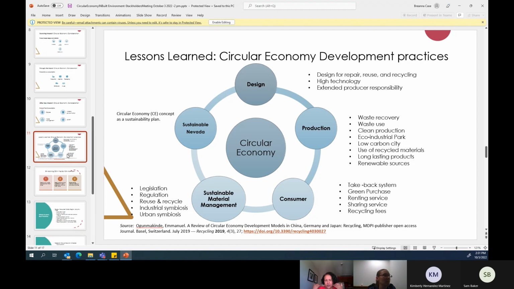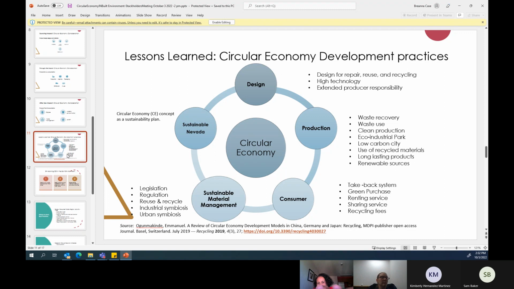For example, the city government, regional government, Nevada, even the EPA Nevada branch, and non-profit organizations, all that, and how they see it in the region. Sometimes many people ask me about circular economy, how do we see it? What we do in our day-to-day life, we don't know how to incorporate it.